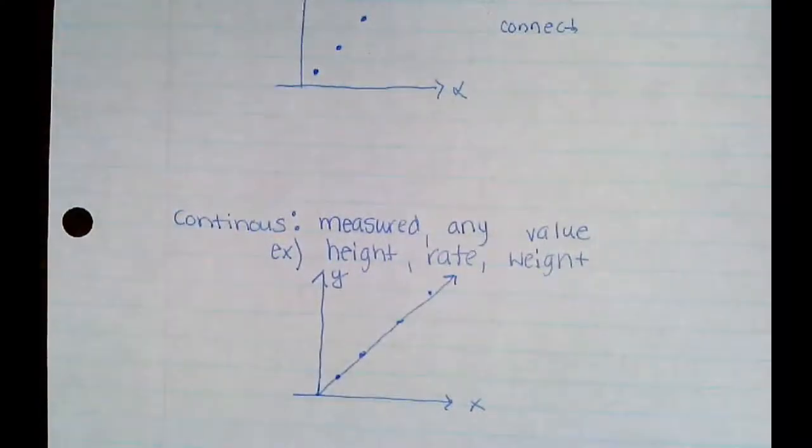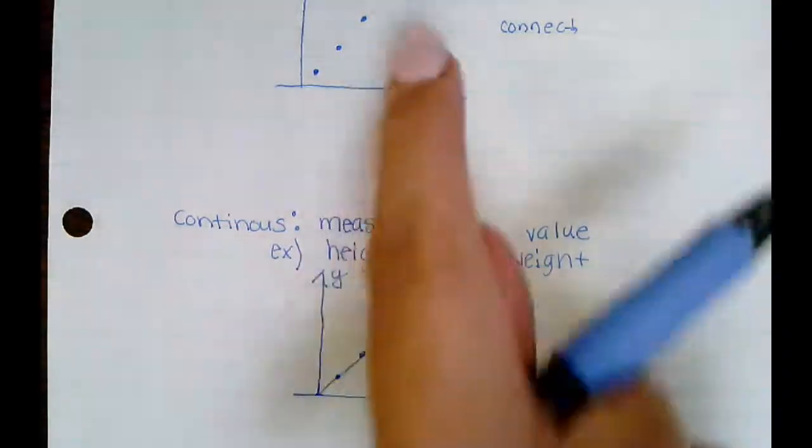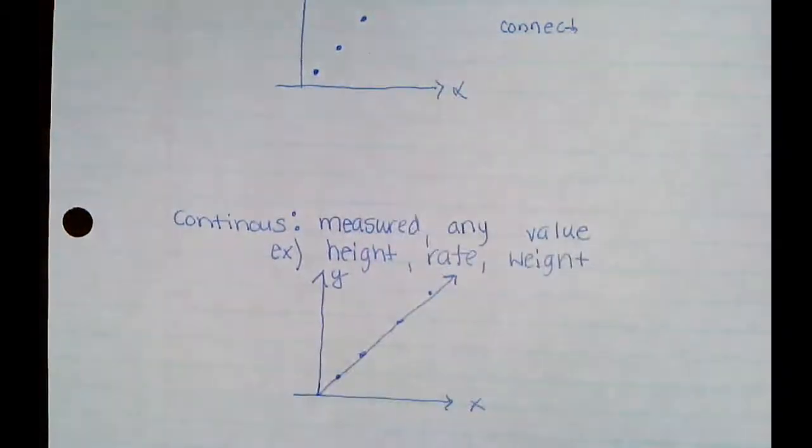What causes some students issues, they think continuous as in it goes on forever. That is continuous, but it's not what we're using in this terms. That's a synonym, okay? So you're right, I can continue counting people, all right? And that's where some students get confused. They're like, well, I can keep going. Yes, but in this terms, discrete means I can only have whole people. I can only have specific items, specific values. Continuous means you can have any value. So everything in between these points is also a solution to this